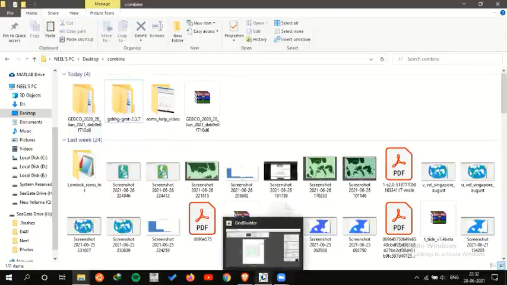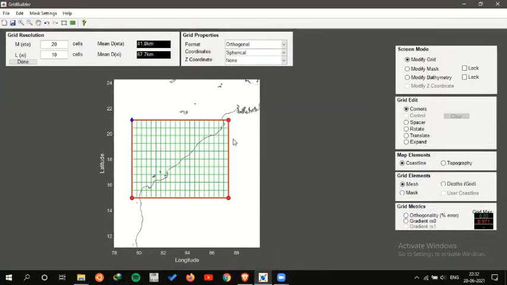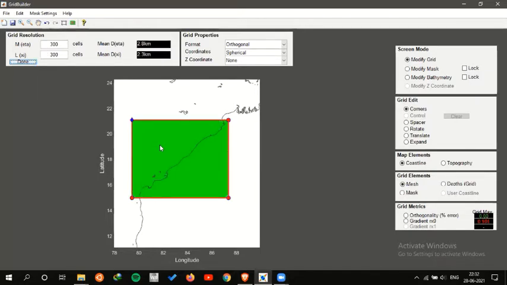So I'll open this. I've selected the grid. Now I can select the number of cells in the x-axis and the number of cells in the y-axis. For my case, I'll select, suppose, 300 cells in x and 300 cells in y, so it will be a square grid. Once you have entered the values, click on done. It will automatically generate the final grid. Once you zoom in, you will be able to view the finer mesh. The mesh is very precise, so you are not able to view it at this scale.